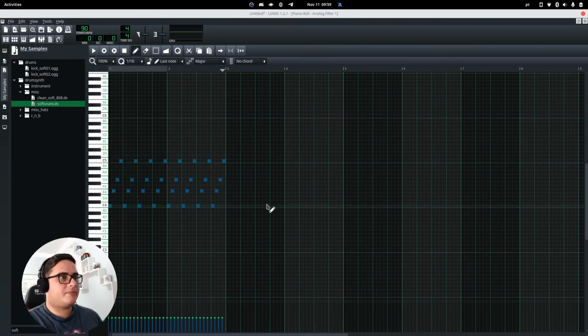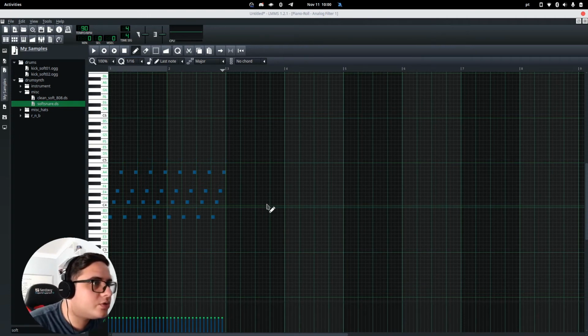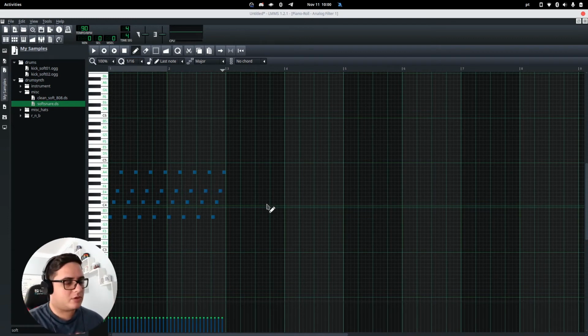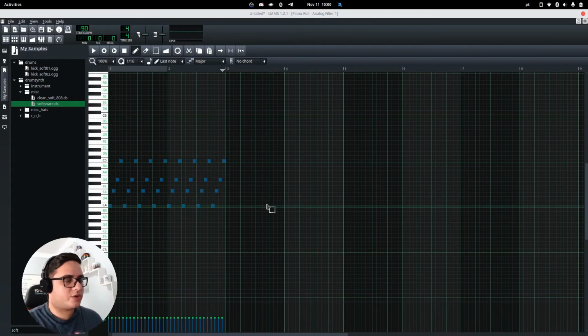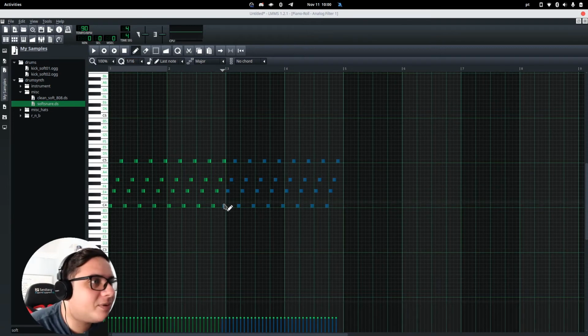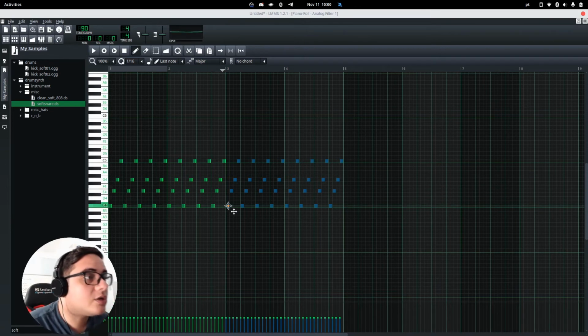Now we can copy and paste everything, but we are going to go two tones down. So 1, 2, 3, and we are going to move this to the next tempo. So Shift, Control, right. Oops, I should definitely copy that before. So Control A, Control C, Control V, and it already pasted it on the tempo, but not on the right tempo. So we are going to use now